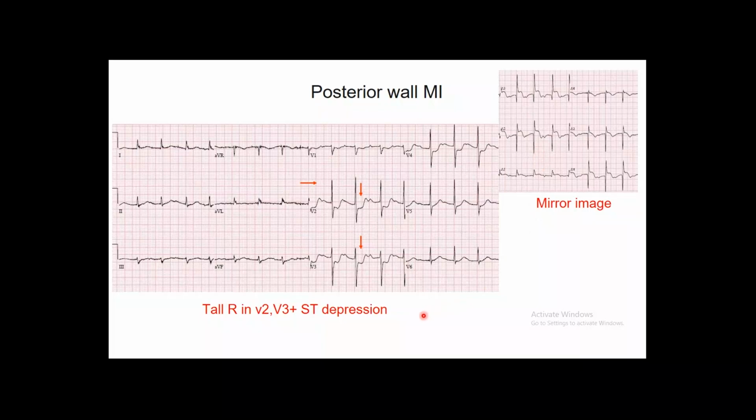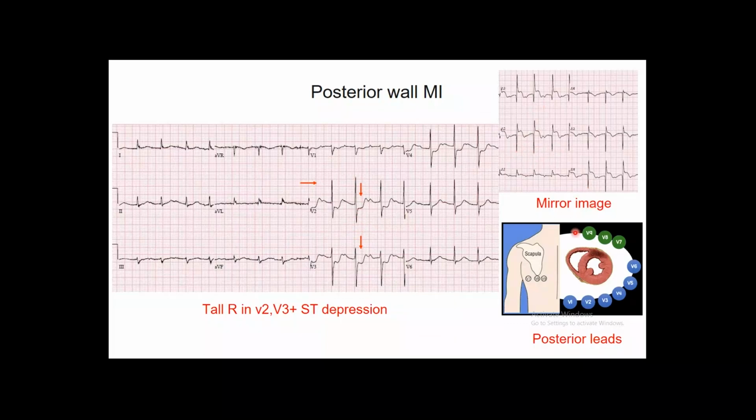Isolated posterior myocardial infarction might be seen without inferior ST segment elevation; it is commonly seen with inferior elevation, but isolated posterior infarction might also be seen and easily missed. So how to confirm that this ECG pattern is a posterior myocardial infarction? The simple way is to flip the ECG and look from the back of the paper, and we will see that this tall R and ST segment depression is actually a Q wave and ST segment elevation, or